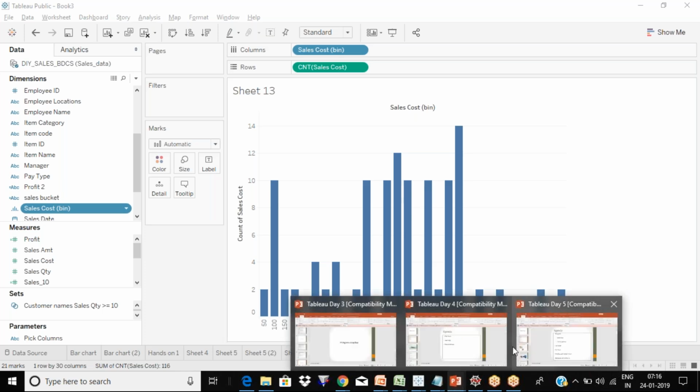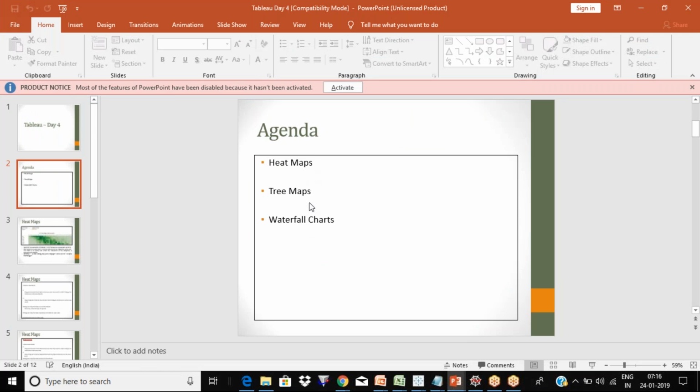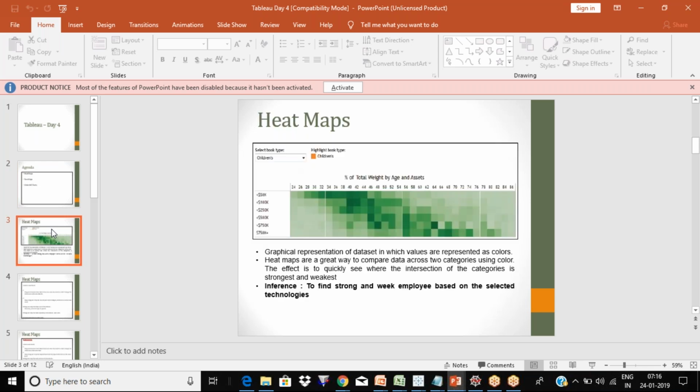Now, let me continue. Today we will be looking at some other charts. They are called heat map, tree map and waterfall chart. So what is the heat map? When you have the data, if you're trying to create any chart, you can show sales by each department. You can show sales month on month, year over year. You can show those numbers, right? But instead of showing the actual numbers,